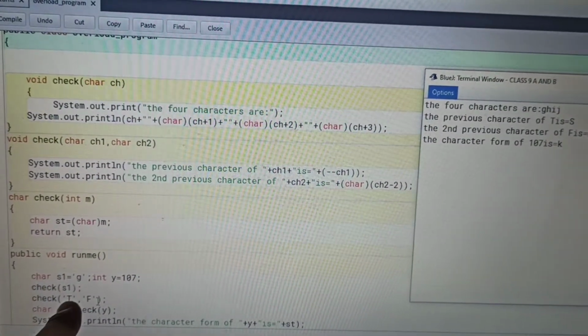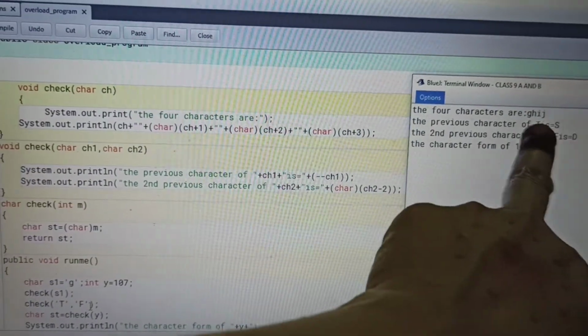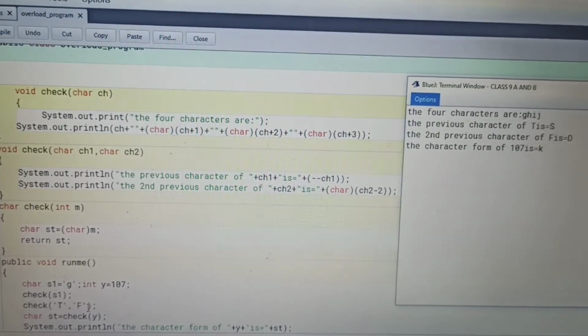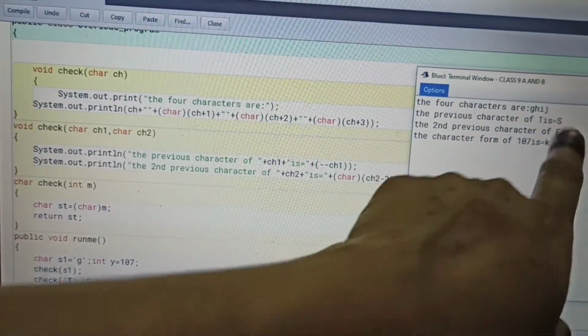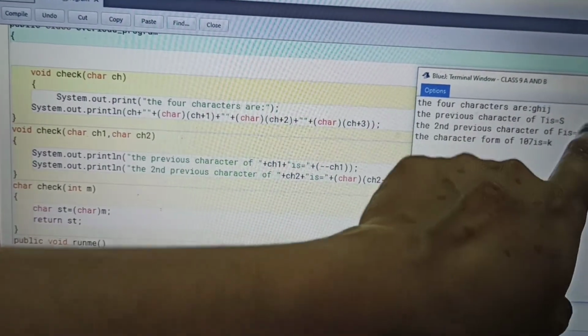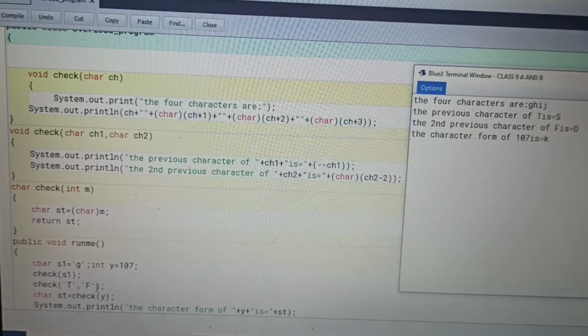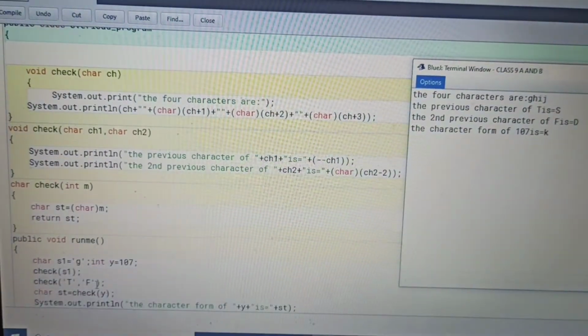The value of t minus 1 is shown as s. After t, the previous character is s, so s is shown here.